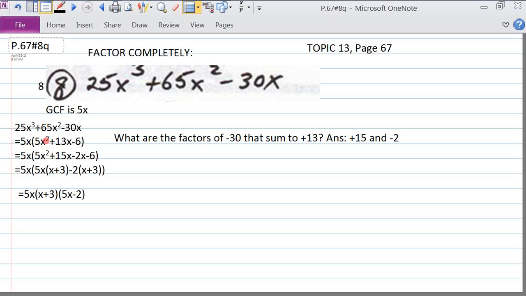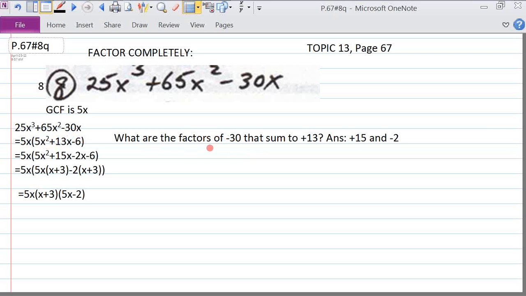5x times 5x squared gives me the 25x cubed. 5x times the plus 13x gives me 65x squared, and 5x times minus 6 gives me the minus 30x. So I factor this out, and then by the distributive rule I can see that this is equivalent to that. Now, as far as this is concerned, I multiply the coefficient here 5 by minus 6, that gives me minus 30,